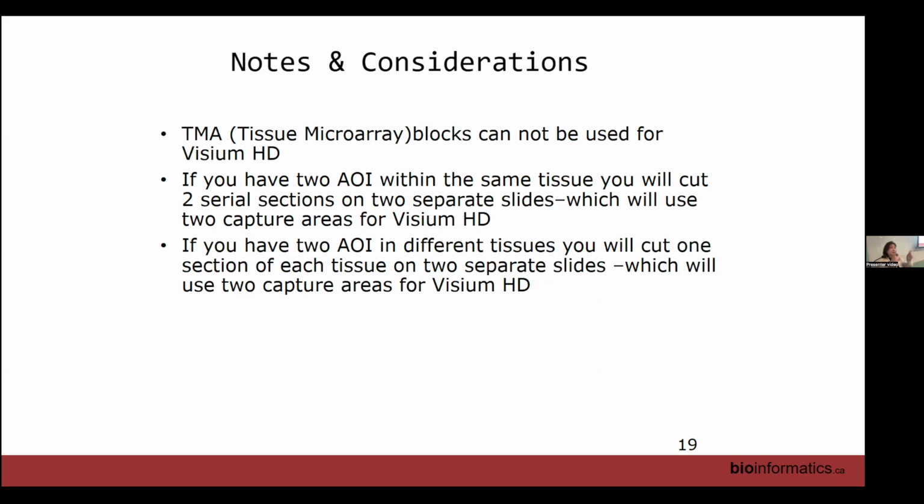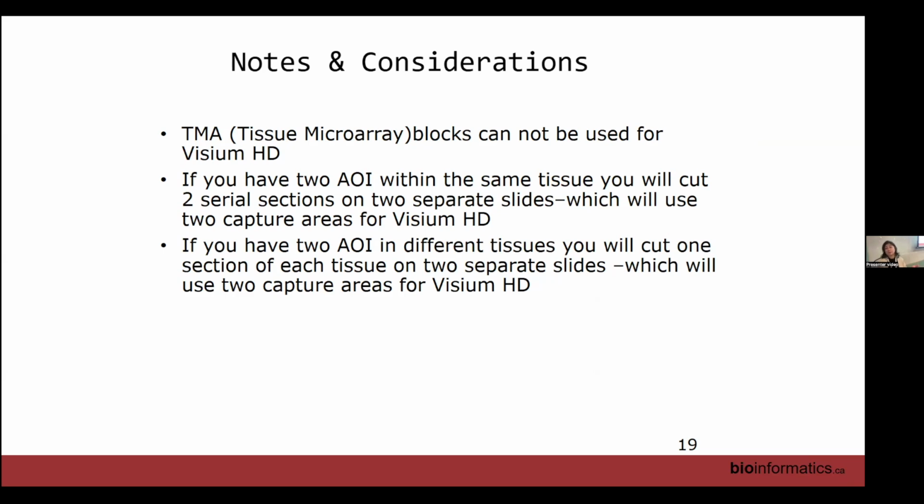So if you cover that whole area, which is 1 centimeter by, what do they say, 2.3 centimeters, you're not going to cover that all on Visium HD. You're only going to take 6 millimeters of that area. Now, if your cores are 1 millimeter in diameter for your TMA, which is rare, you might